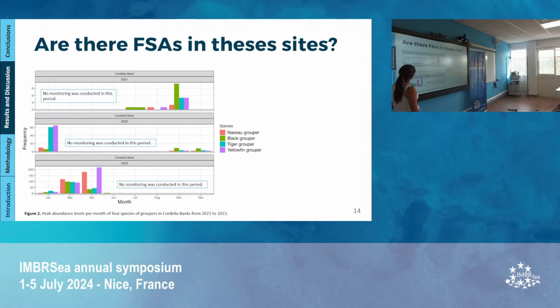By January in 2022, we observed that the tiger groupers and the yellowfin groupers exceeded 60 individuals. Despite the fact that no spawning was observed, the secondary indicators such as fighting and color changes were recorded. By March of 2023, nearly 100 individuals per species were counted. Here, the spawning event was recorded only for tiger groupers, but for the other 3 species, the full spectrum of all the secondary indicators were recorded.